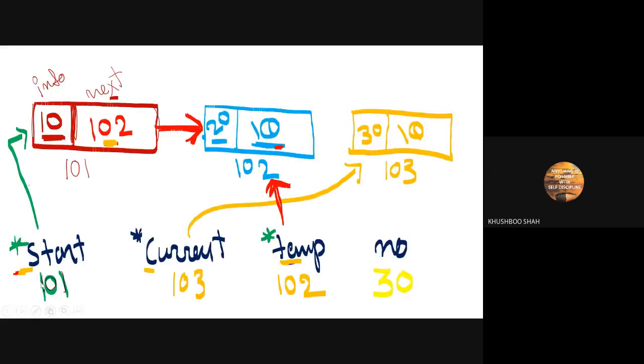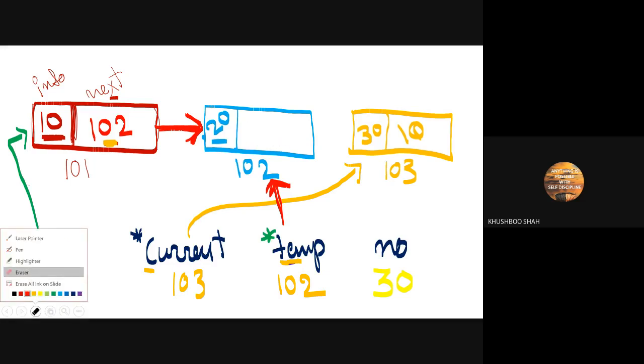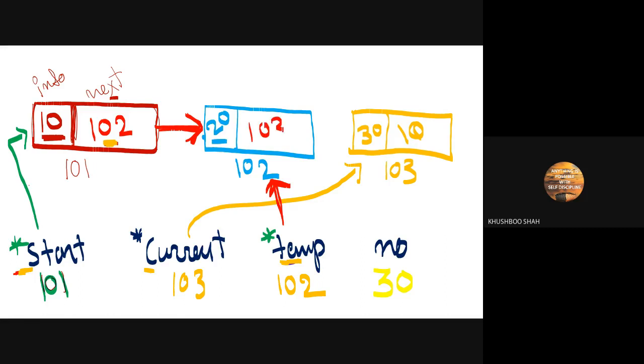The value of current is 103. That we are going to assign in temp's next, means this location. And the moment we assign 103 over here, this location will point to this node. So this way you can create the linked list.